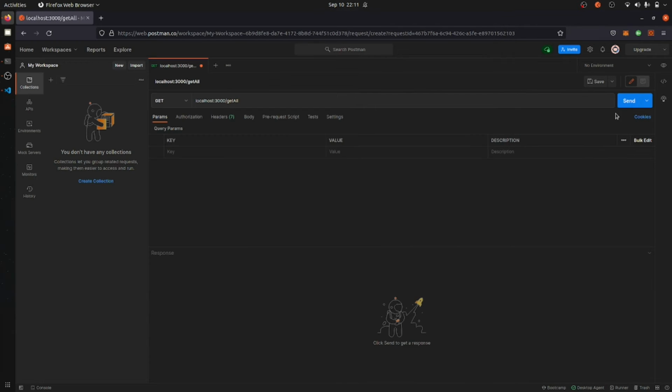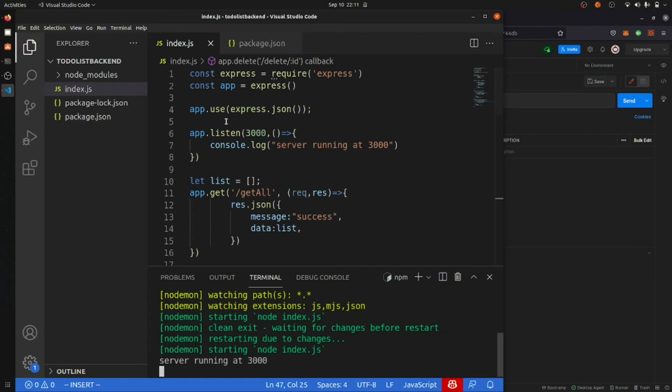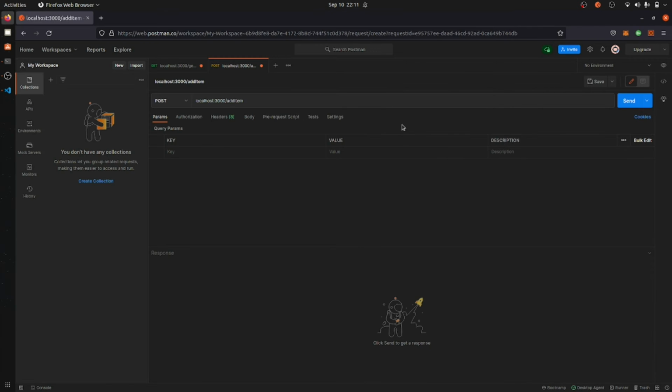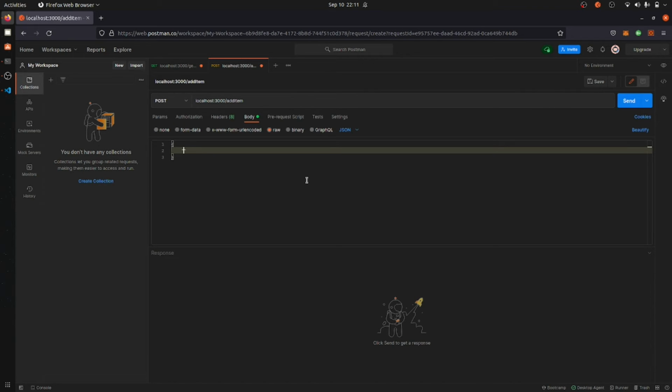Yeah, it's get all. So we'll just send. We got nothing. So firstly we will just go to the post localhost add item. I think it's add item. Yeah, it's add item. We'll go to body, raw text json, and here we will just go with the